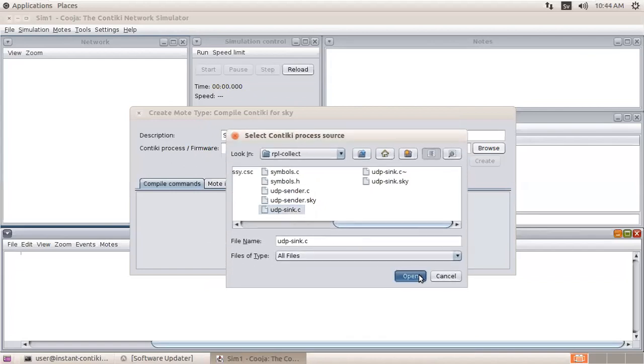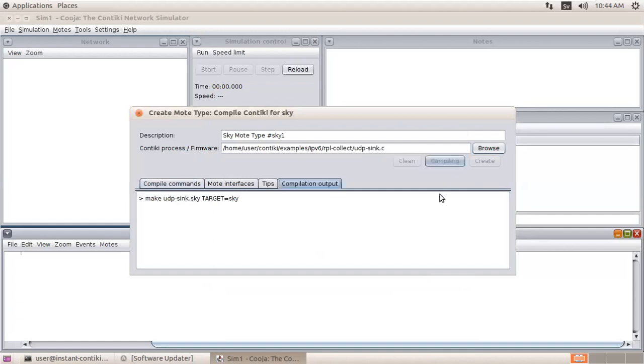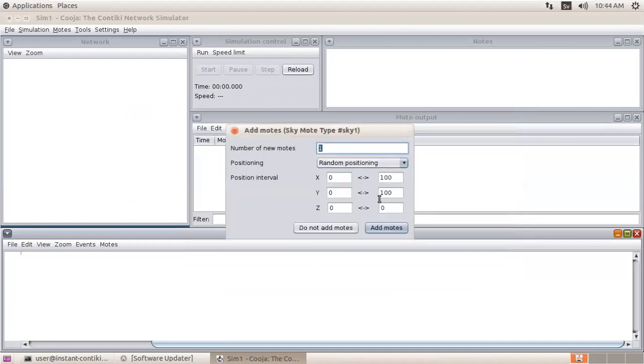One is sink node. So I'm just creating first of all a sink node, and once that firmware, that is the program that you have created, gets compiled, over here you can see that UDP sink.c code is compiled in our sky mote, and then we can easily create it, right?